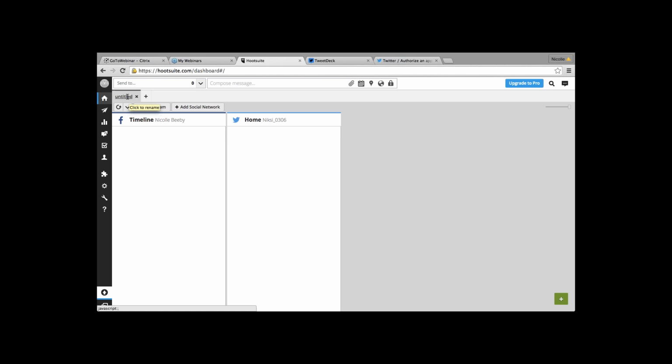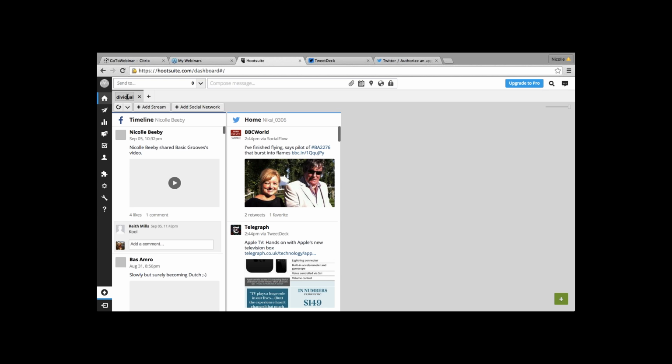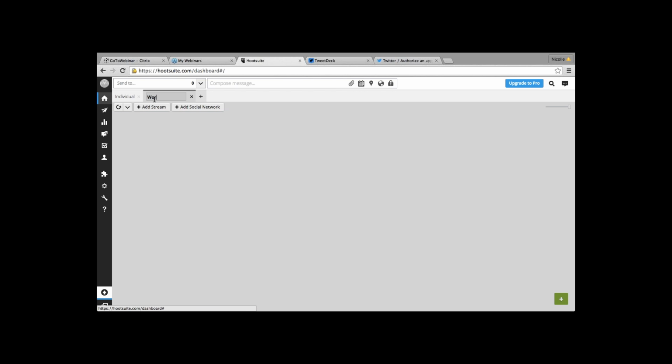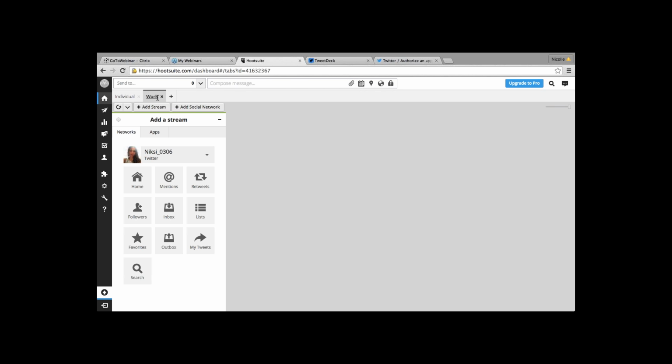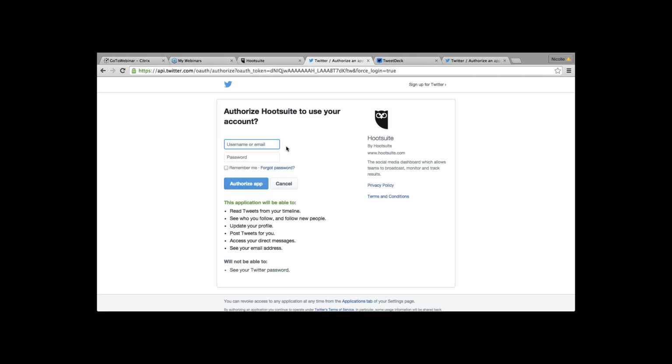Then you can also add another tab. You can title this tab, so maybe your individual profile, and you can create one. So that would be your personal accounts. Then you can also add the ones for work. For that you can simply add another tab, and you can add a stream. So a stream would be, you can add your social networks, excuse me. So I can connect with Twitter, and